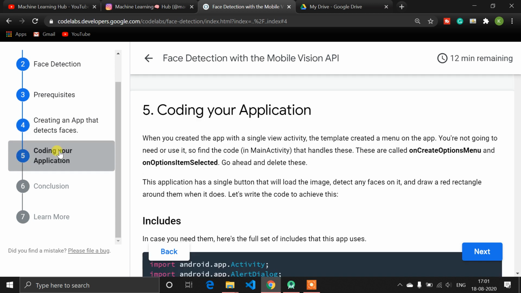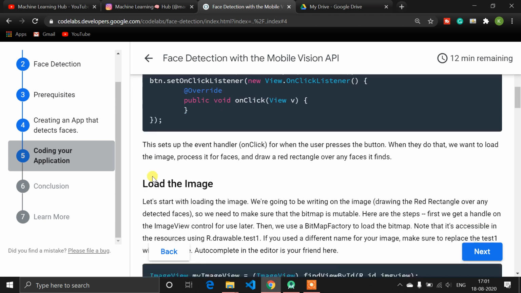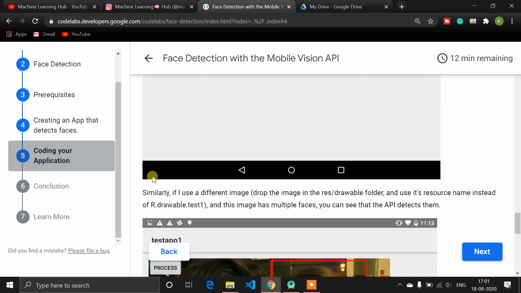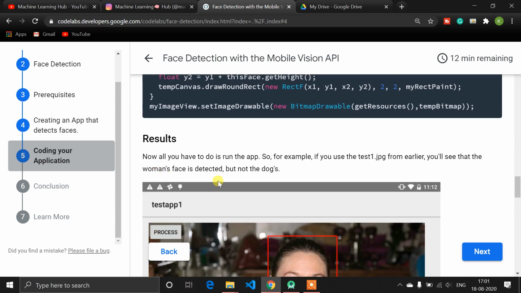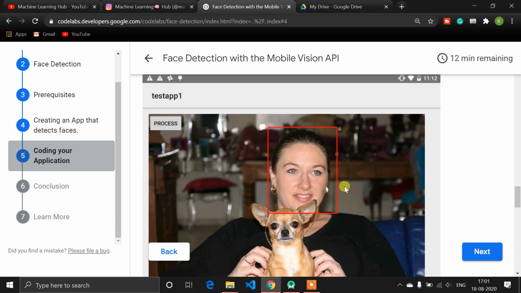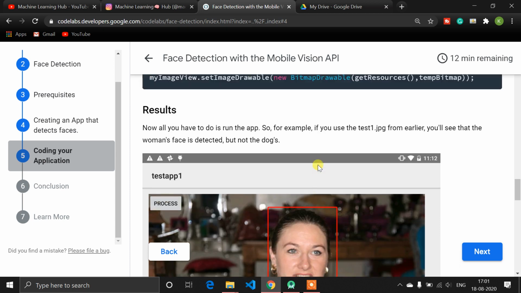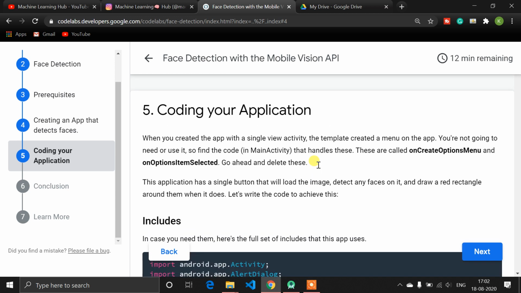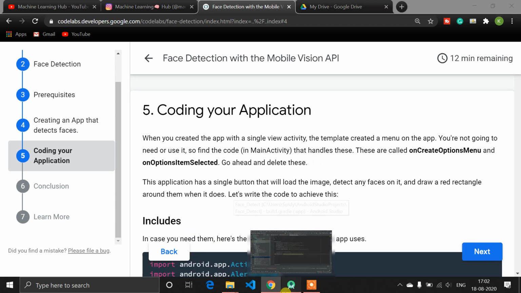I have taken a reference code from here, but I have changed lots of code in my application, because this code is very static. You just click on the process button and it fetches the image directly from the project. You cannot even upload an image from your gallery or capture one from the camera. So I have changed lots of things in my application, and you can take reference from here also. I will put this link in the description.